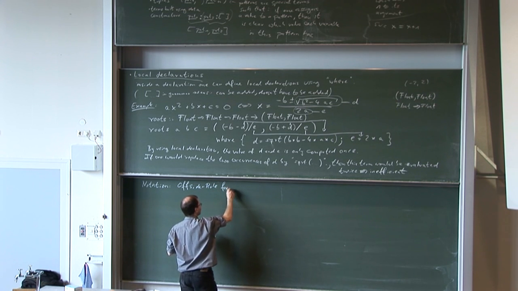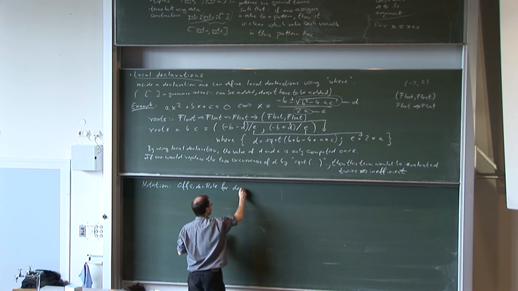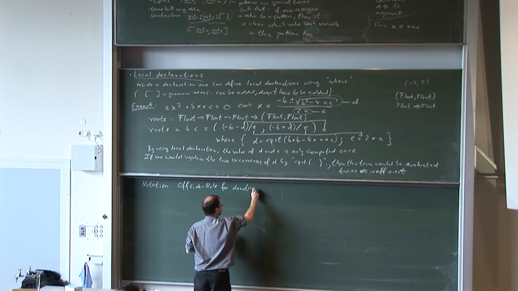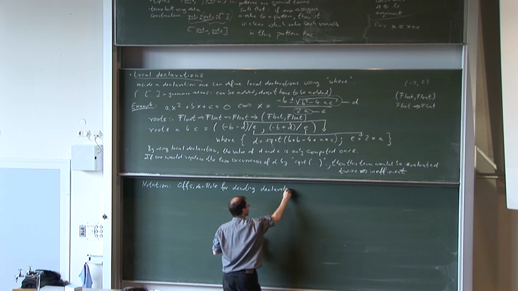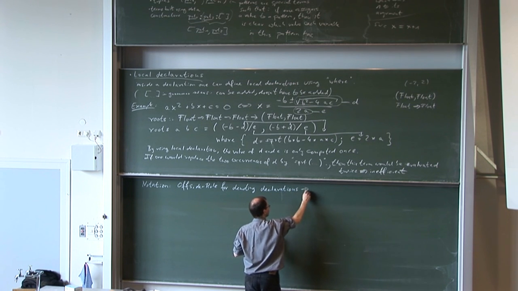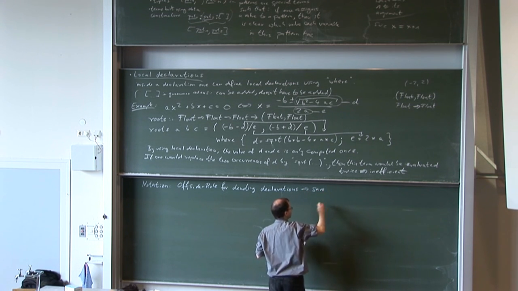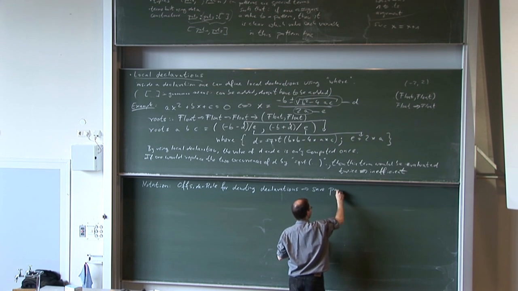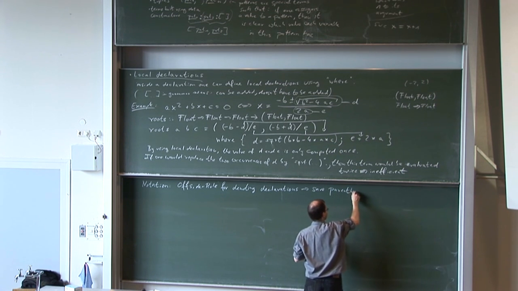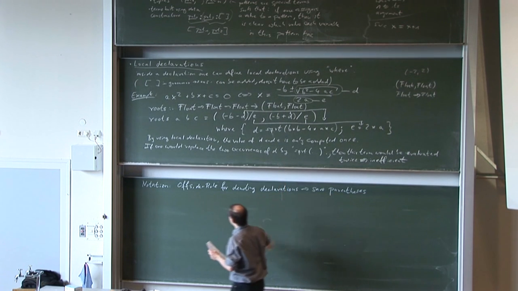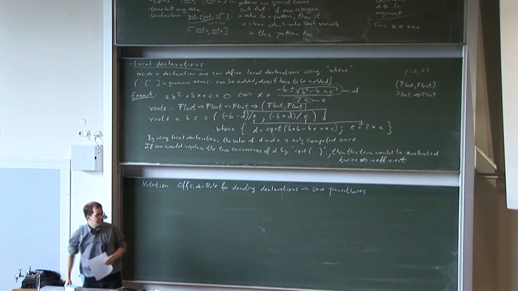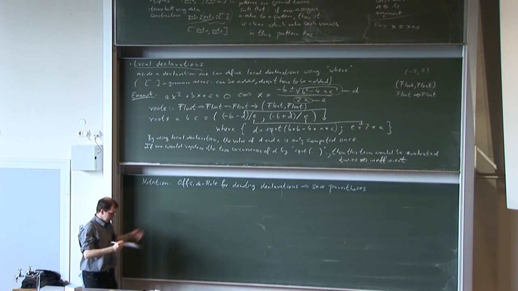For denoting declarations and local declarations. And the goal is you can save parentheses. So you can drop some of these parentheses. And this offside rule, in fact, there are 4 rules. So the 4 rules are,